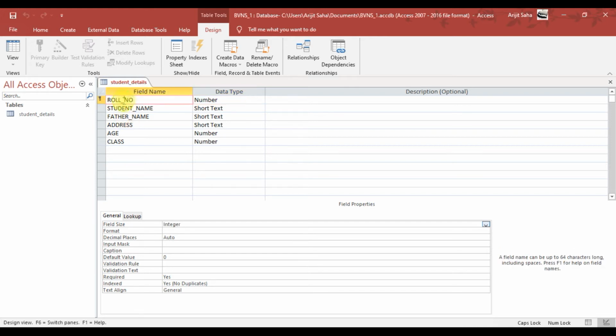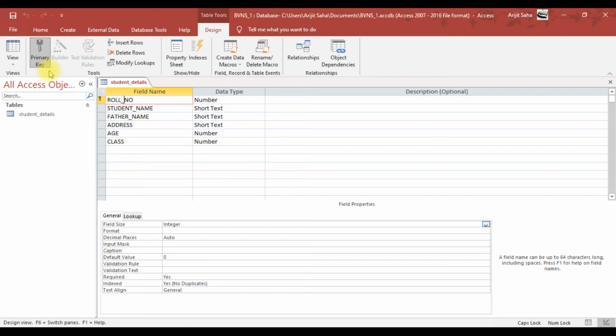Now I would like to discuss one thing that I haven't discussed till now. You can see when I click on the roll number column over here on the design tab, under the tools group, the primary key command button is activated. Now what is a primary key? A primary key is a key that checks every record in a table to see whether the data in that particular record is unique or not, and it does not allow any kind of duplicate data.